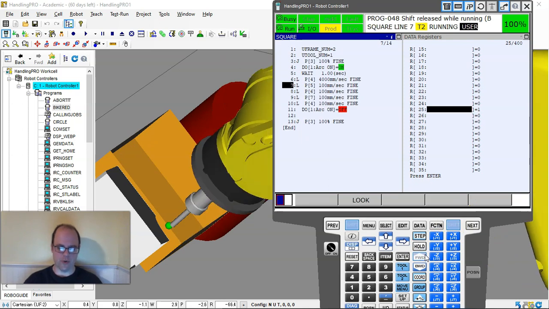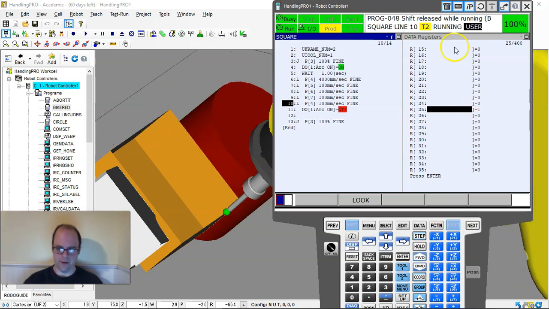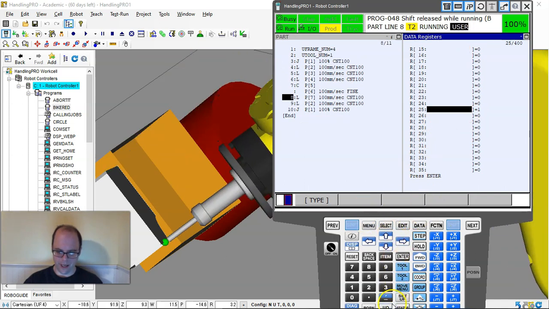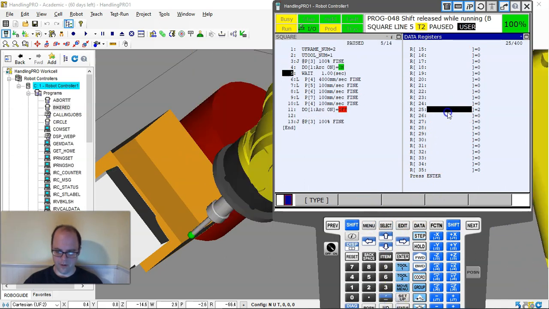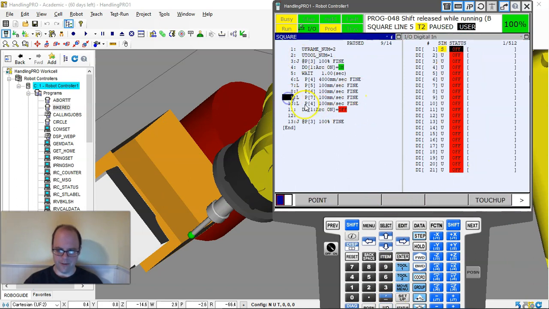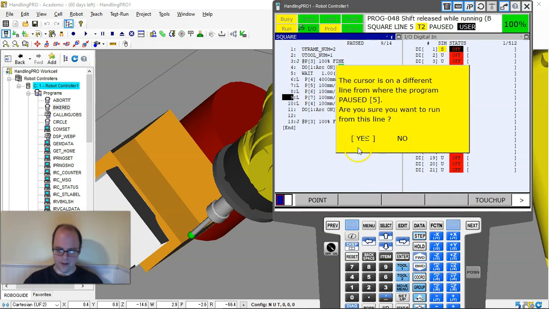And it's going to go back to the square because the input's on. Keep running it. And I'm going to go into I/O and see if I can. It probably won't let me if I was actually running. And I'm going to turn this off. And now if I go back to here and keep running it,